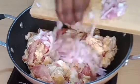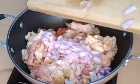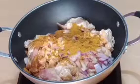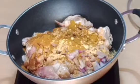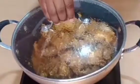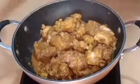So over here are the chopped onions. I will add them, and I have the glorious and flavorful masala spices. I just finished adding that. I will stir it together and let that cook for just 2 minutes like this, and after 2 minutes